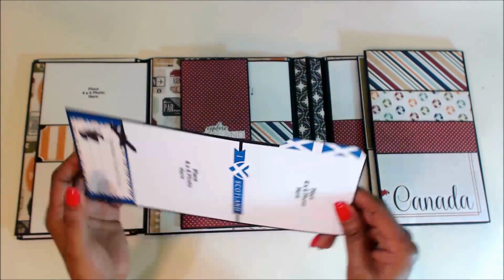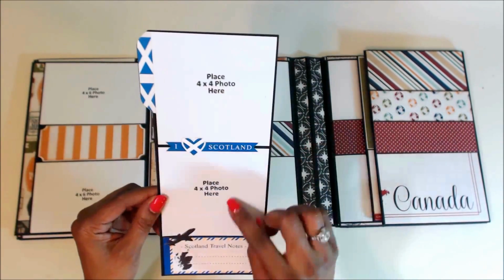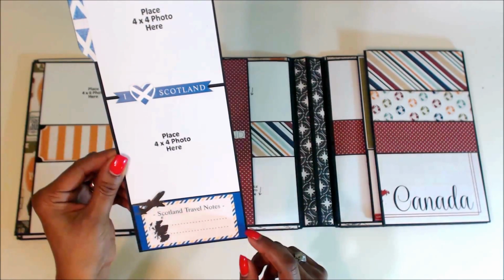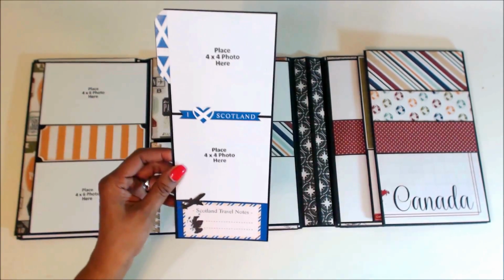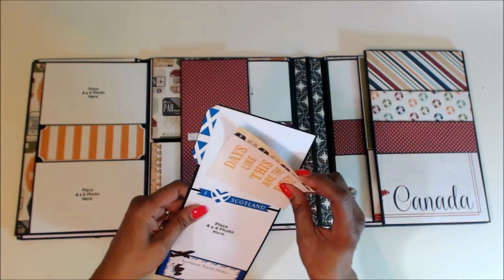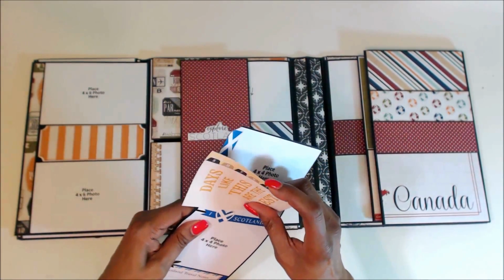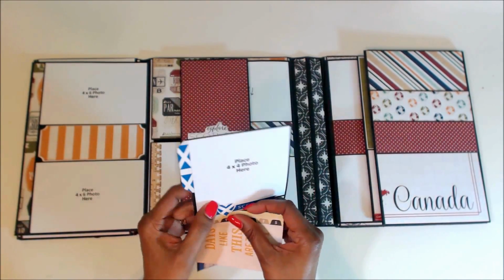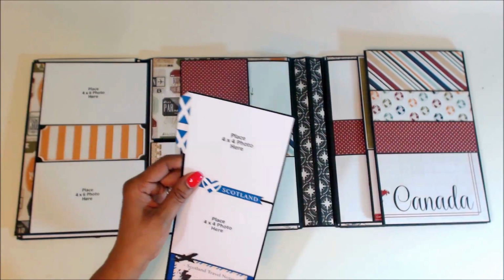And then you flip it over, and then you have space for 4x4, two 4x4s, and then you have your travel notes at the bottom, and then you have enough space so you can slide your picture here, and then the same up here. And then down here as well. So real simple tags,